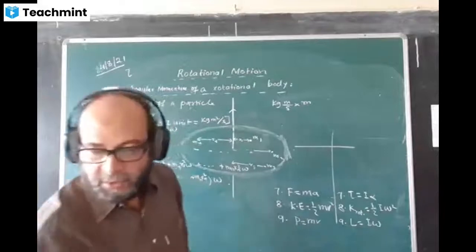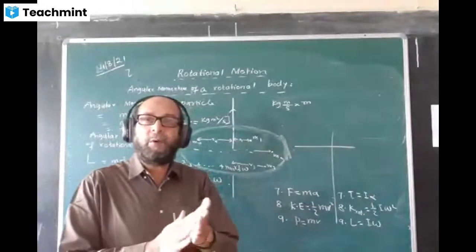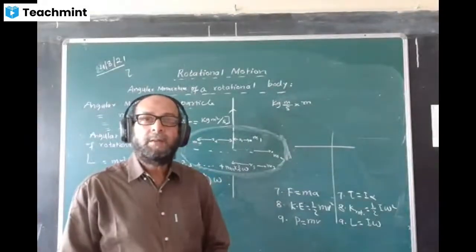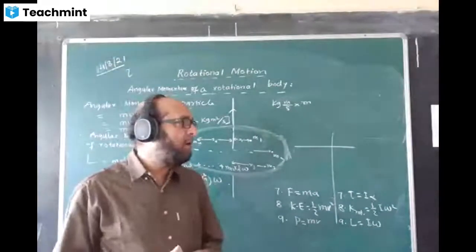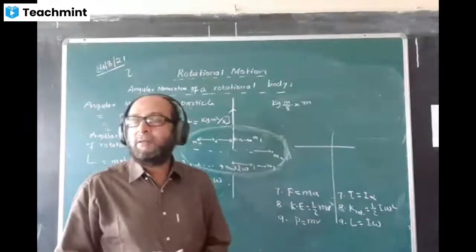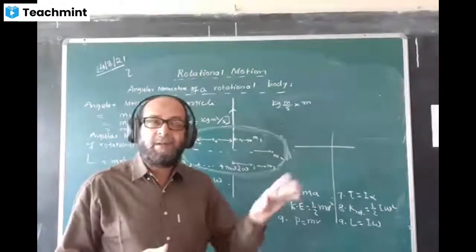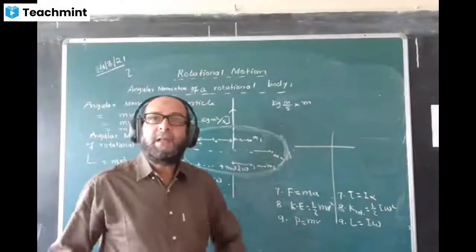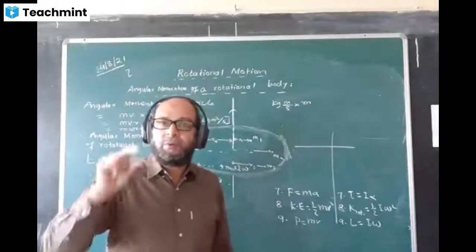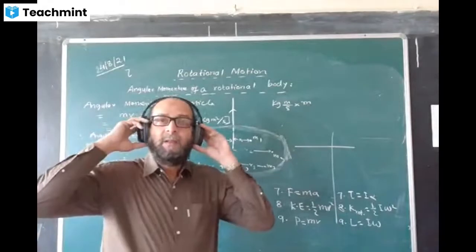So today we'll do this much. Only a little bit of the theory part is left over, and then we'll be doing problems tomorrow, in the next class. The theory part is almost done. Tomorrow I'll be teaching you the law of conservation of angular momentum, and there are two theorems, the theorem of perpendicular axis and the theorem of parallel axis. I will explain that tomorrow. Then this chapter will be theoretically finished, and tomorrow itself we'll be doing the numericals because those questions are short. Okay, then thank you.